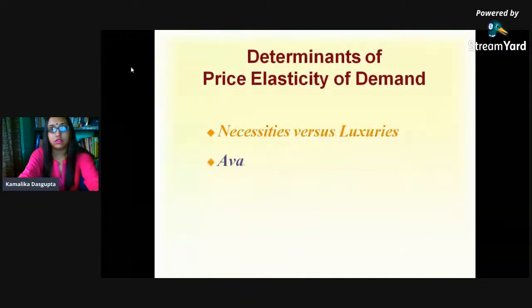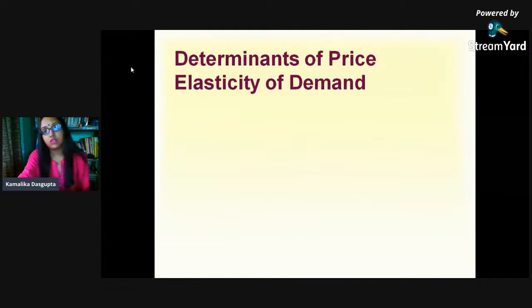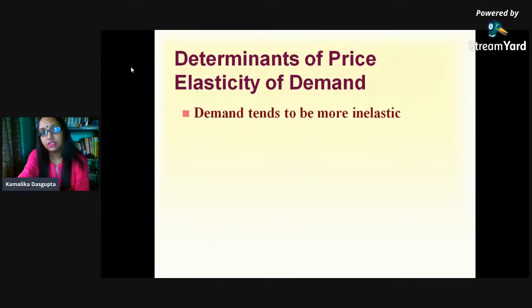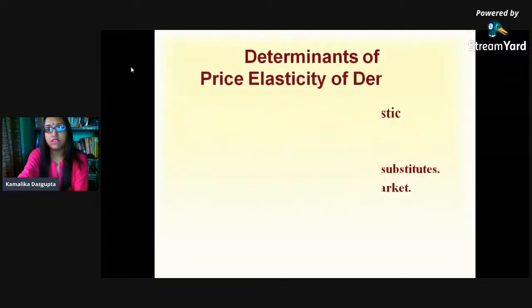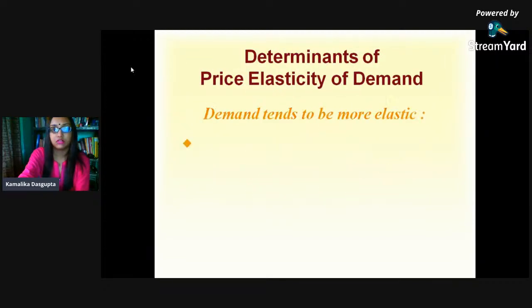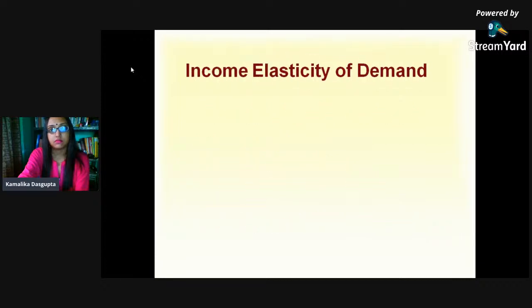So, the determinants of elasticity of demand, this we have also seen. I'm not going into the details of it, because we have discussed it in the last class also. What I need to rediscuss is, I feel that at the end I had discussed these two things: income